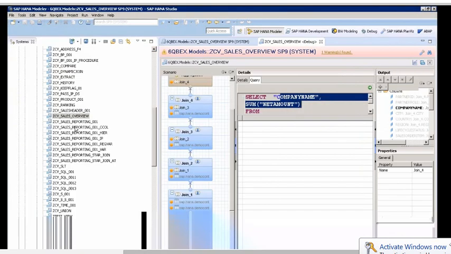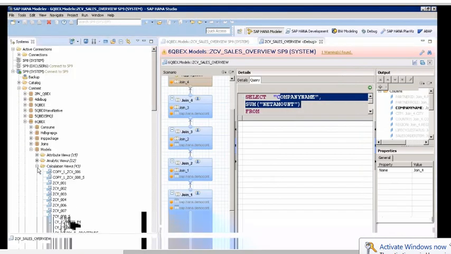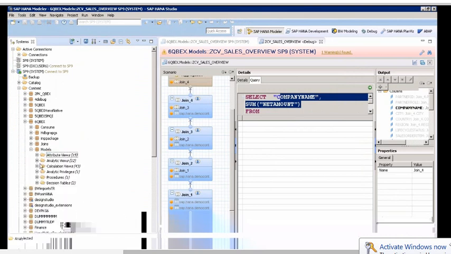We'll get to that later, but just get the vocabulary. These are called attribute views, and these are called analytical views. For this, it will use the join engine. For this, it will use the OLAP engine. And this is calculation views. For the calculation views, by default, it uses the calculation engine.